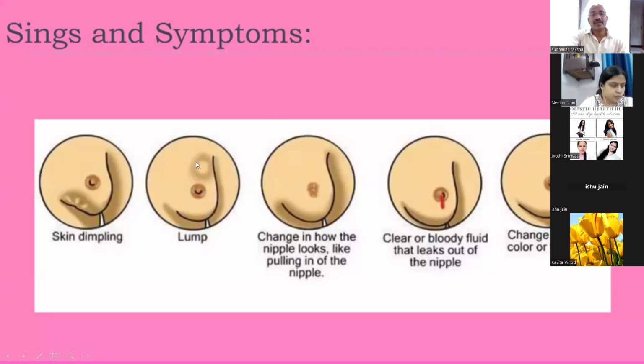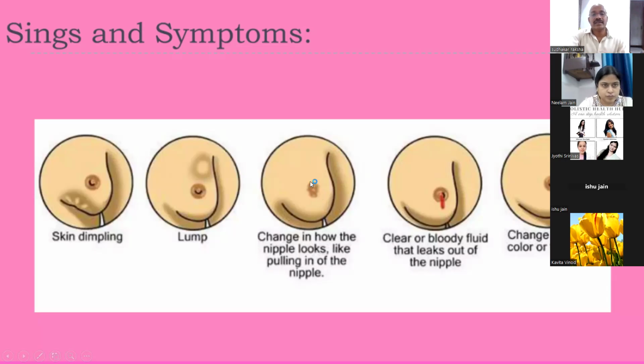When there is a lump, especially in the outer upper quadrant, the breast is divided into 4 quadrants. 70% of the lesions will occur in the outer and upper quadrant. Another 10% will occur just beneath the nipple. This is where the carcinoma usually arises, the outer and upper quadrant and beneath the nipple. The remaining 20% is distributed in the remaining quadrants.